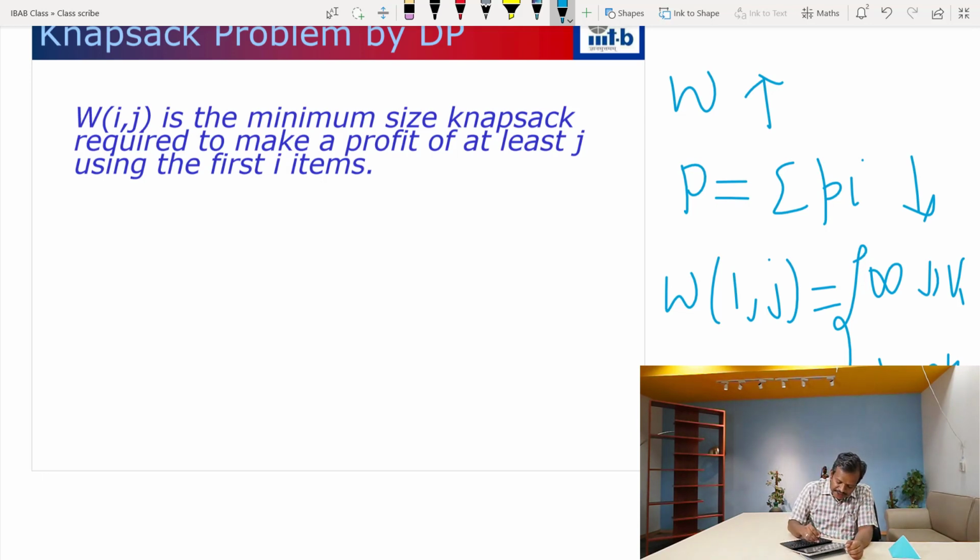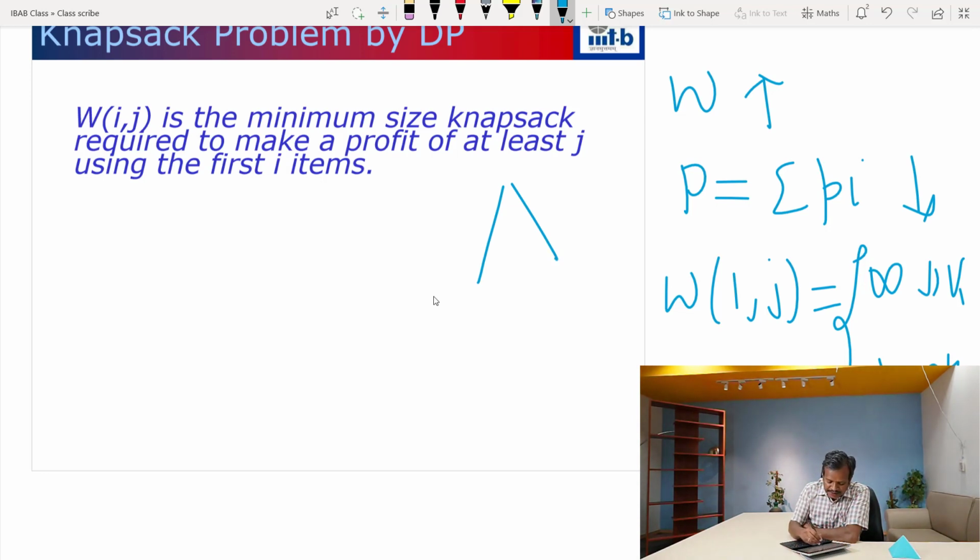So the table that I'm going to fill will be the first row. The first few entries in the first row will be W1. After that, it will have a value of infinity, right? So we will fill this table. So the question is, how do you fill the table? The logic is exactly the same as what we have discussed before. In the ith iteration, we just ask the question whether you want to pick the ith item or not pick the ith item.